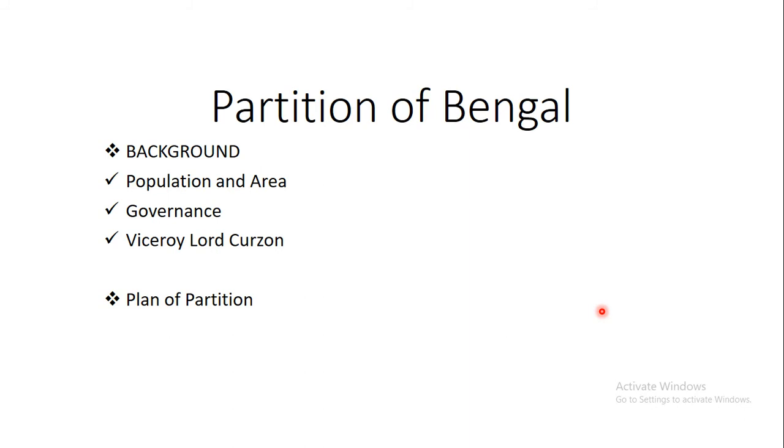So he decided to split the huge province of Bengal into two parts. He prepared a plan and sent it to the British Parliament. After the acceptance of the British Parliament, the huge province of Bengal was divided into two parts, Eastern Bengal and